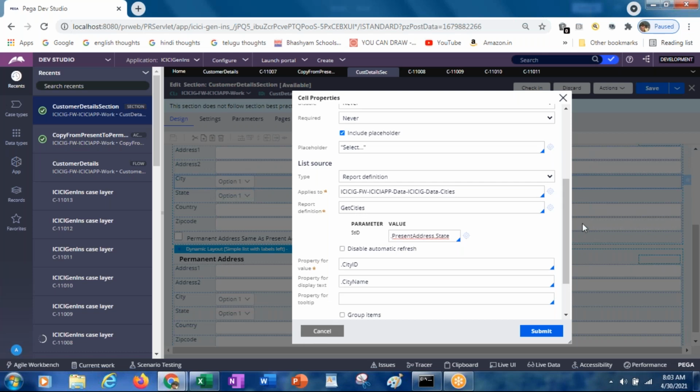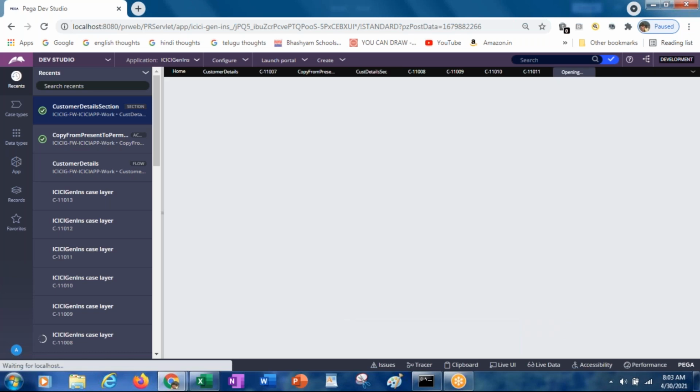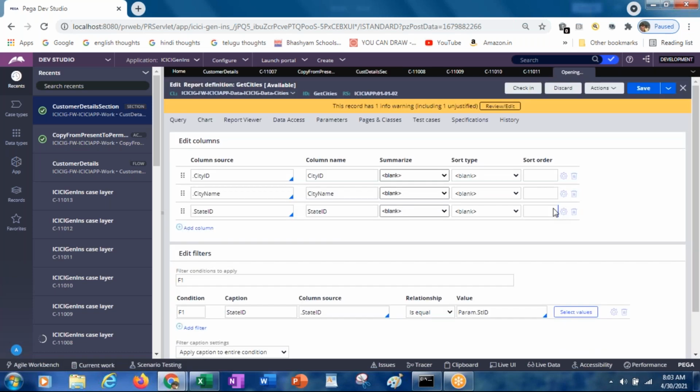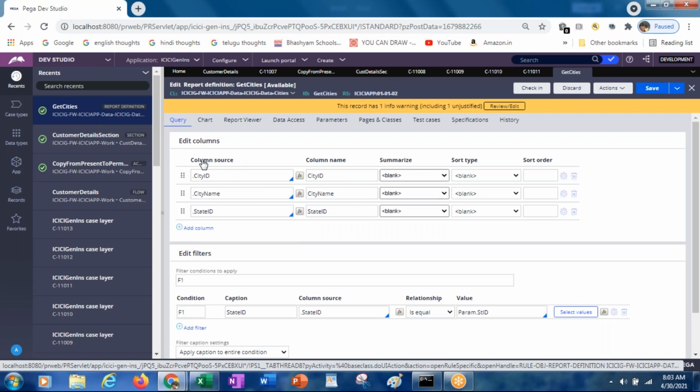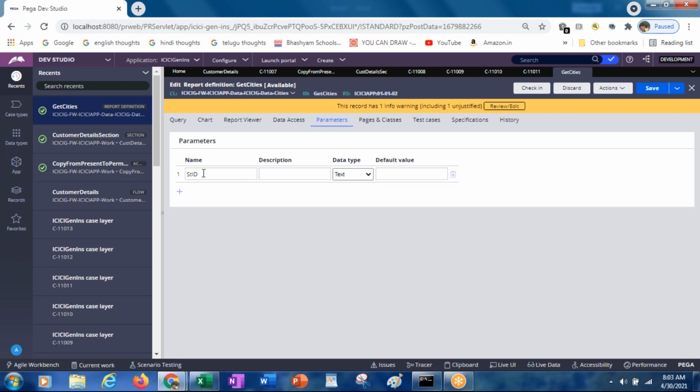So what is that condition? If you open this get cities, in general you will have only the edit columns, the columns which you want to populate. But this time we are also passing the state ID. The value you select in the states drop down is passed as a parameter for this report definition.